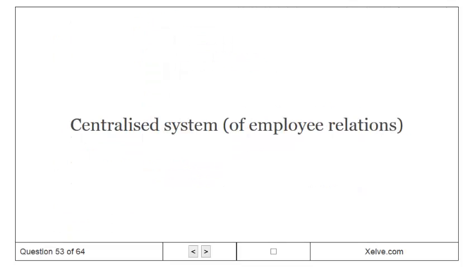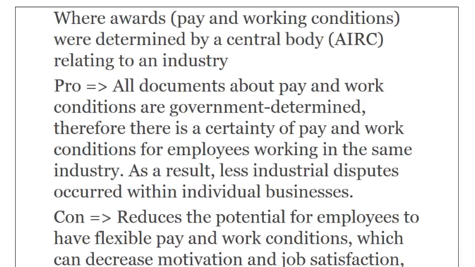Centralized system. Where awards were determined by a central body relating to an industry. Pro: all documents about pay and work conditions are government determined, therefore there is a certainty of pay and work conditions for employees working in the same industry. As a result, fewer industrial disputes occurred within individual businesses. Con: it reduces the potential for employees to have flexible pay and work conditions, which can decrease motivation and job satisfaction, and therefore